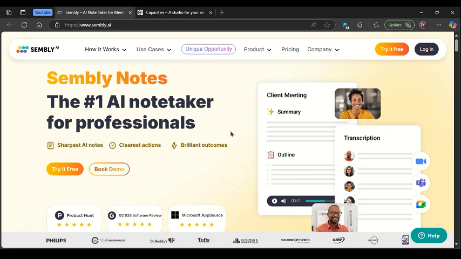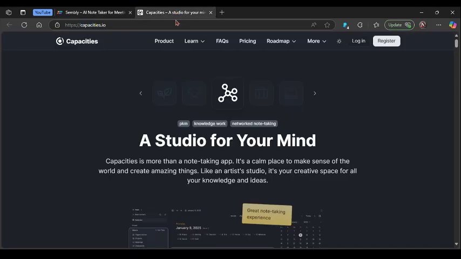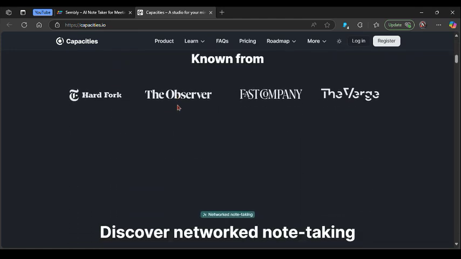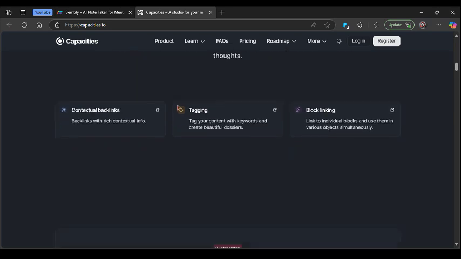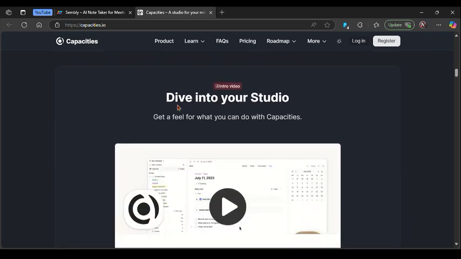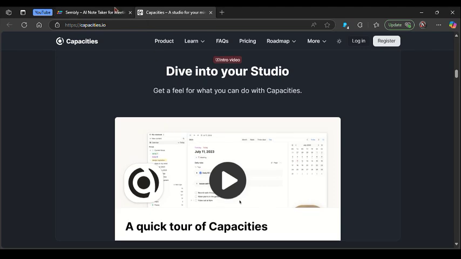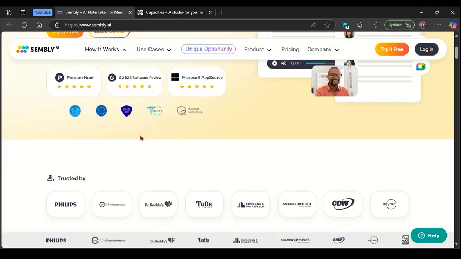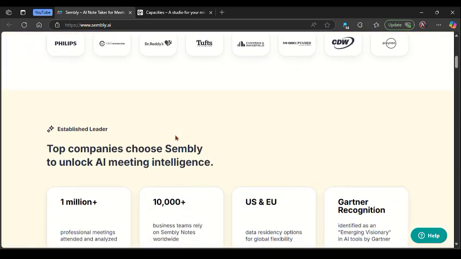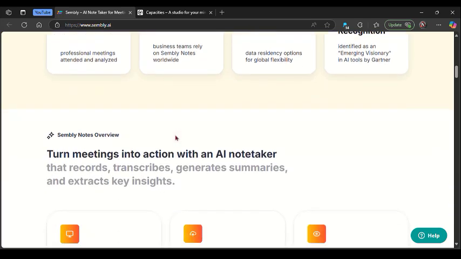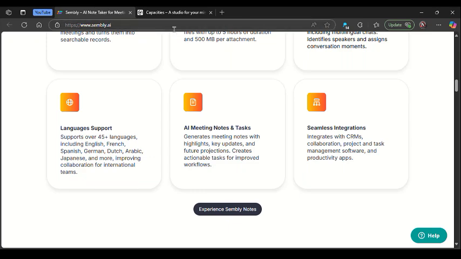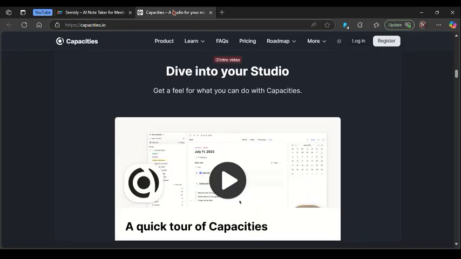So to get started, Sembly is a dedicated AI meeting assistant designed to capture, transcribe, summarize, and extract action items from your meetings across platforms like Zoom, Teams, and Google Meet. Its main strength lies in turning conversation into structured output: clear summaries, follow-up tasks, speaker identification, and a shareable record. Sembly integrates with tools like Slack, Trello, Salesforce, and HubSpot. However, it's narrow in focus: excellent for meeting workflow, but it doesn't extend much beyond that, like personal notes or a